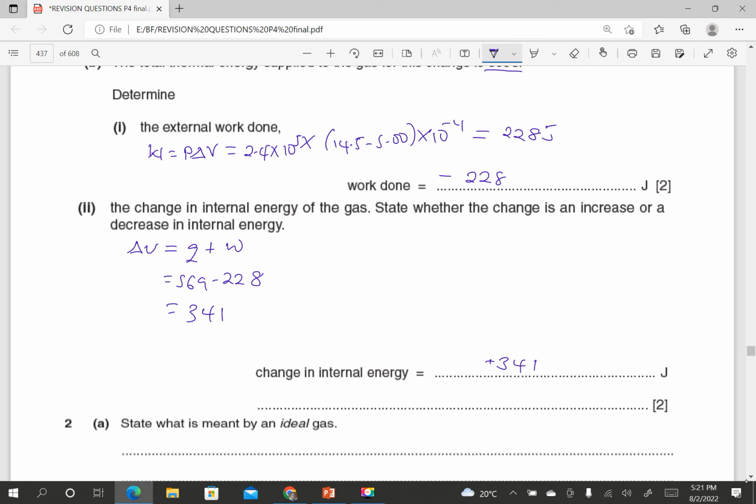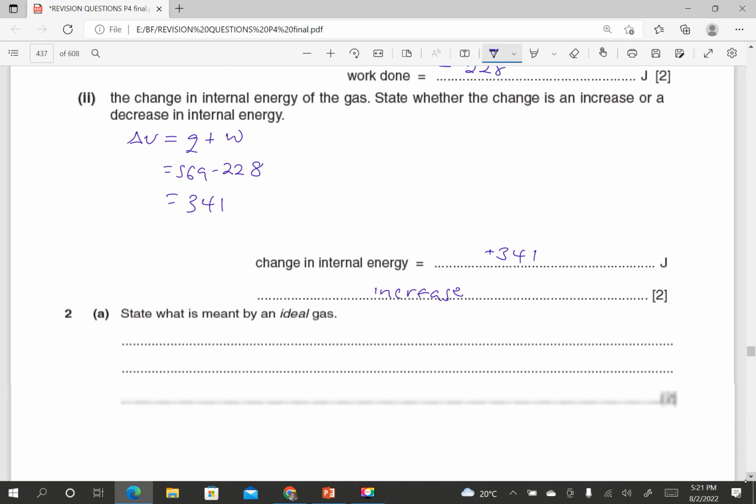941, yes. So the change in internal energy is positive, and a positive change in internal energy means an increase. So they said state whether the change is an increase or decrease. Because it is positive, this is an increase. Okay, that is very easy. Next,